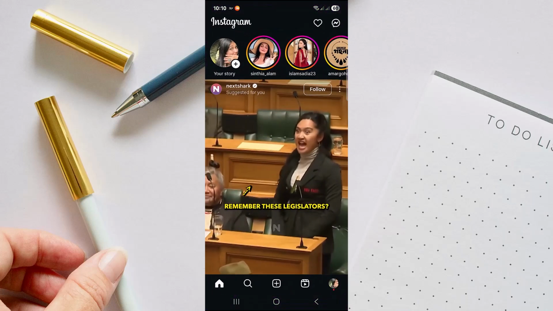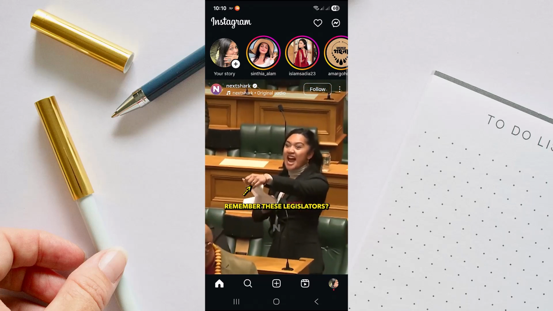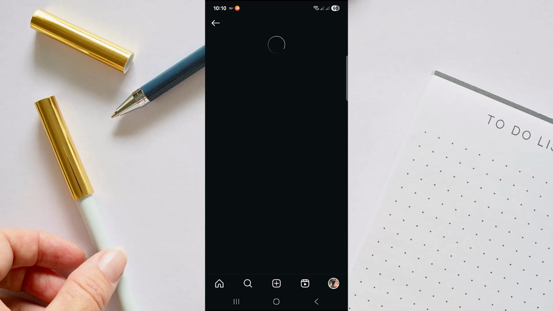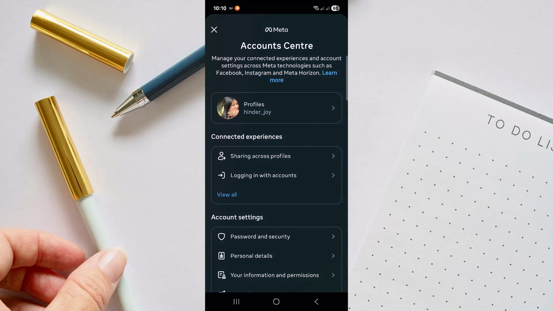So head over to Instagram first and tap your profile picture, and then the three horizontal lines or the menu icon and select settings and privacy, and then go to Account Center. Now go to your information and permissions,